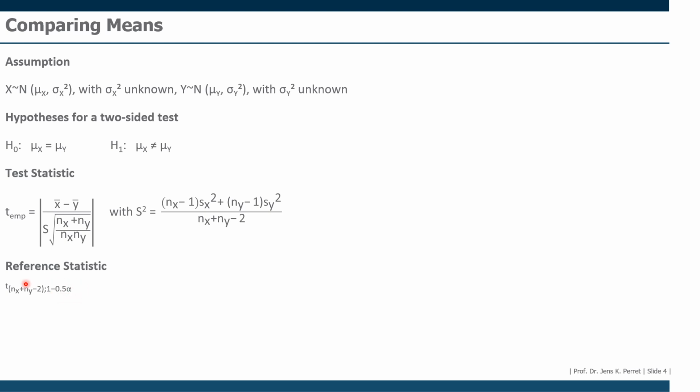So we look this value up in our table for the t-distribution, exactly the same way as described in the slide before, and test it. If the test statistic is larger, we have H1 which holds. If it's smaller, H0 holds. There's no difference in means. Well, that's then everything I wanted to mention with regard to comparing means, with regard to testing means versus some test